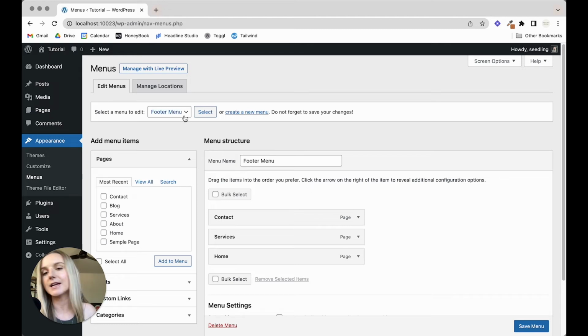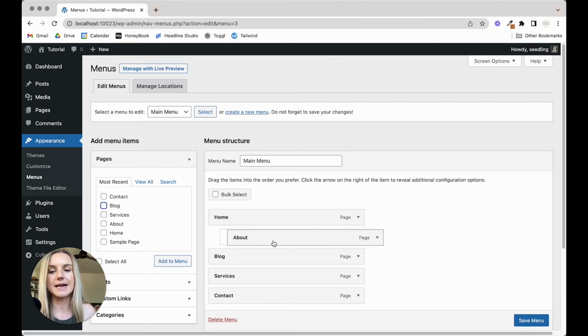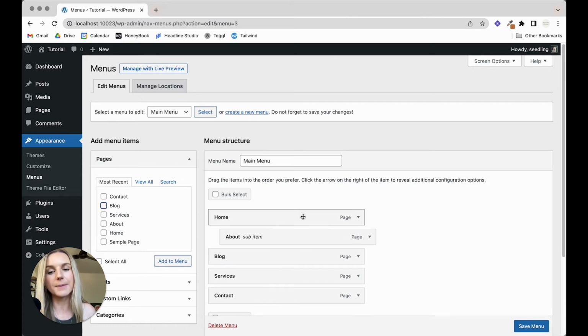And so I've already created a couple of menus here. You can title them whatever you want, and you can edit them by just dragging or clicking pages that you want to add to these menus and clicking Add to Menu. And then you can reorder the menu items depending on how you want them to display, and you can even nest them underneath other pages, so you can create sub pages if you want to have a drop down in your menu. I don't want to do that, so I'm just going to make sure they're all even